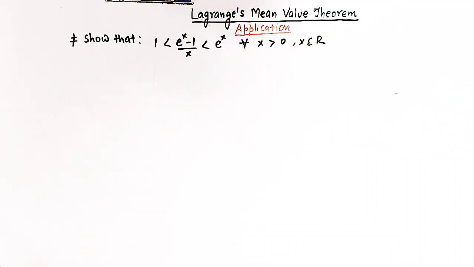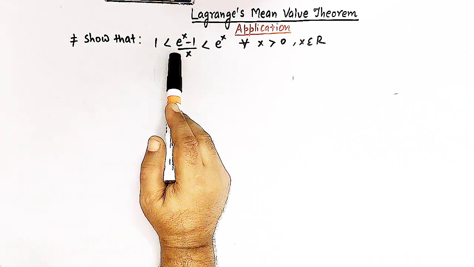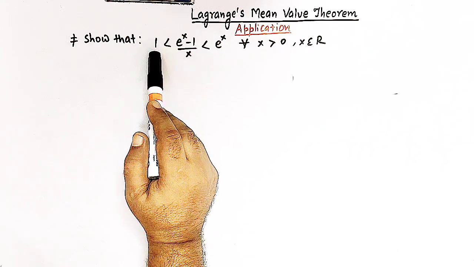Hello viewers, in today's session we are going to discuss another important application of Lagrange's mean value theorem. In this session we are going to discuss a very important inequality in real analysis. Here we have to show that (e^x − 1)/x is greater than 1